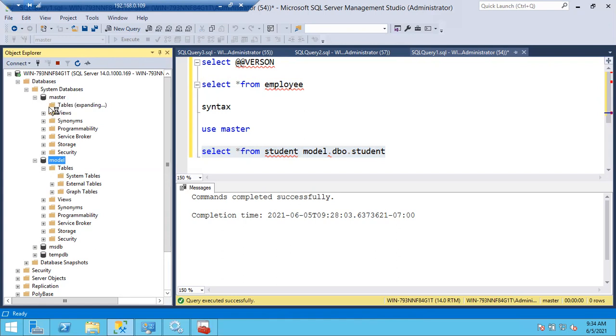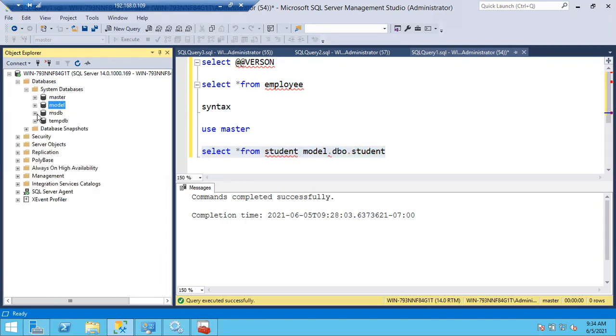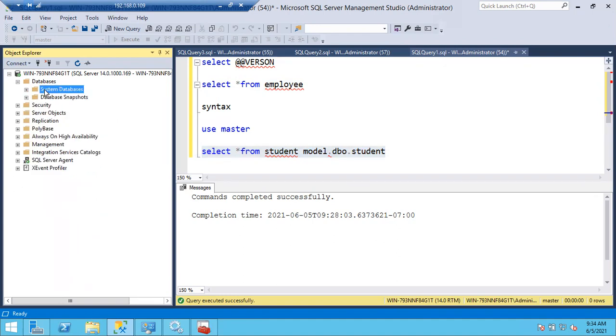One more question. These databases, like master, model and the rest, they just got installed automatically, right? Yes, automatically you will get these, the system databases. I didn't tell you how to create a user database. In tomorrow's session, I'll show you how to create user databases. Actually you will get 5 system databases: master, model, MSDB, TempDB, and the resource database. The resource database you cannot see in the management studio as it is a hidden database. These system databases will come along with your installation. No need to create these things. Tomorrow I'll show you how to create user databases.